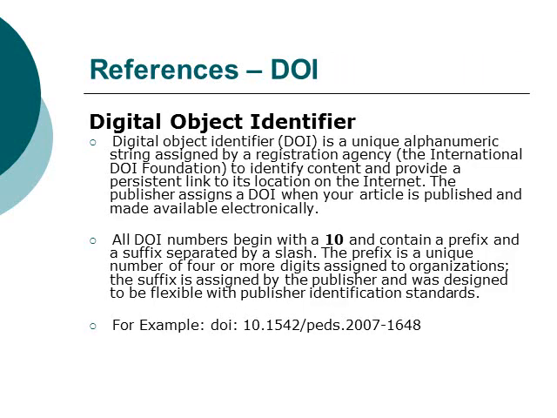So the DOI is the Digital Object Identifier. You can almost think of this as a modern digital Dewey Decimal number, and basically it's a unique alphanumeric string assigned by a registration agency, the International DOI Foundation, to identify content and provide a persistent link to its location on the internet. So the idea is when we put retrieved from, we're telling you the exact URL where that